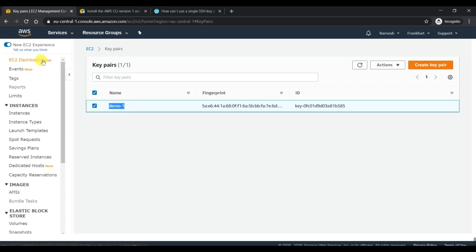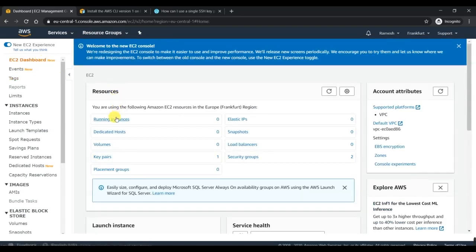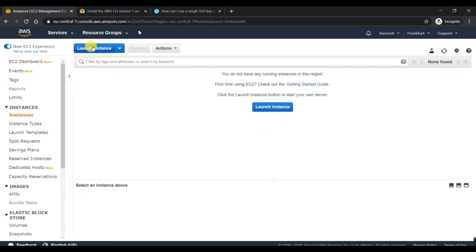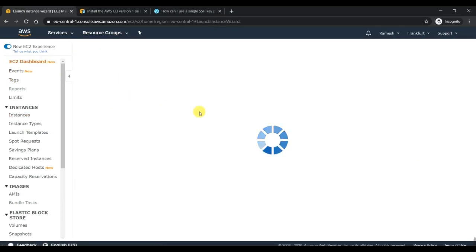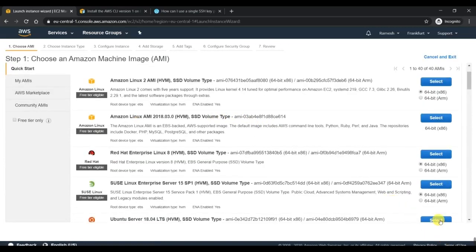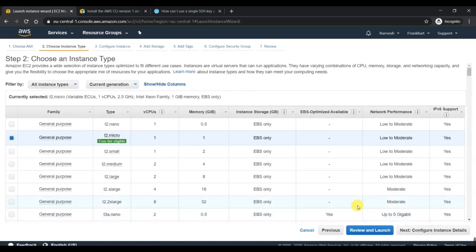Go to dashboard, click on running instances, and click on launch instance. Select any one of the images. In my use case, I am selecting an Ubuntu machine, and review and launch directly.